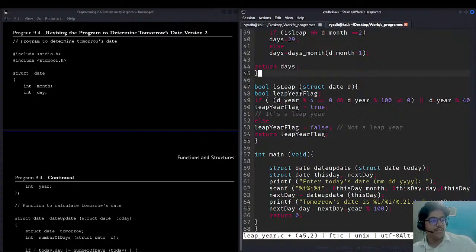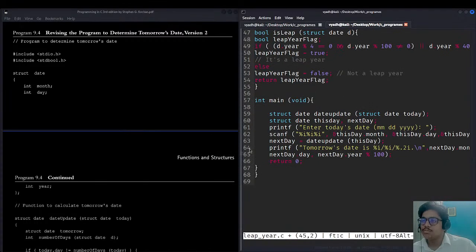आई कांट लिव विद इट, आई कैन लिव। आई एम अ बैड गाय। लीप ईयर ब्लॉ फ्लैग ट्रू, ठीक है। करो यार, एंजॉय का ही टाइम है करने का। इससे तो मैं ऊपर डी कैपिटल कर देता। अरे यार हर जगह चेंज करना पड़ेगा, ऊपर ही कर देता इससे तो।